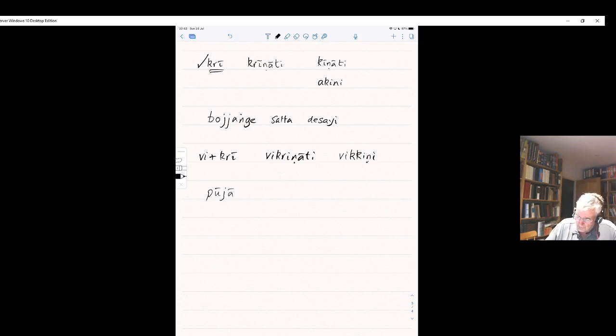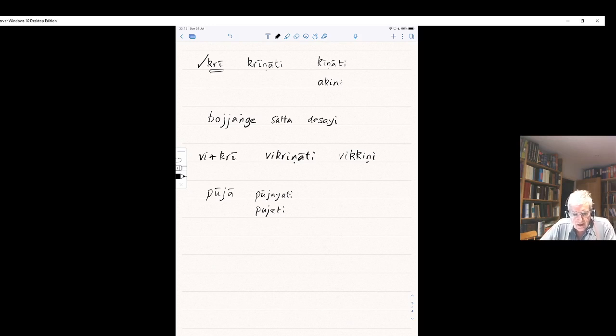So in Sanskrit, pujayati. In Pali, pujayati. And we know buddham pujami. In Sanskrit, buddham pujayami. Pali, buddham pujami. Pujesi, because of the form of it, is ambiguous between present and past. So in Pali, pujesi can be either from the Sanskrit pujayasi, you worship or you make an offering, or it can be the aorist form.